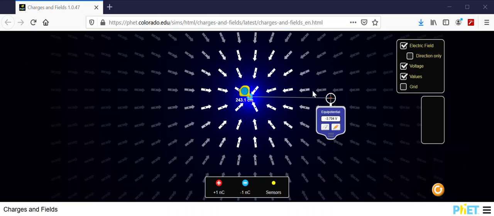Now we are asked to read the maximum value of the voltage on top